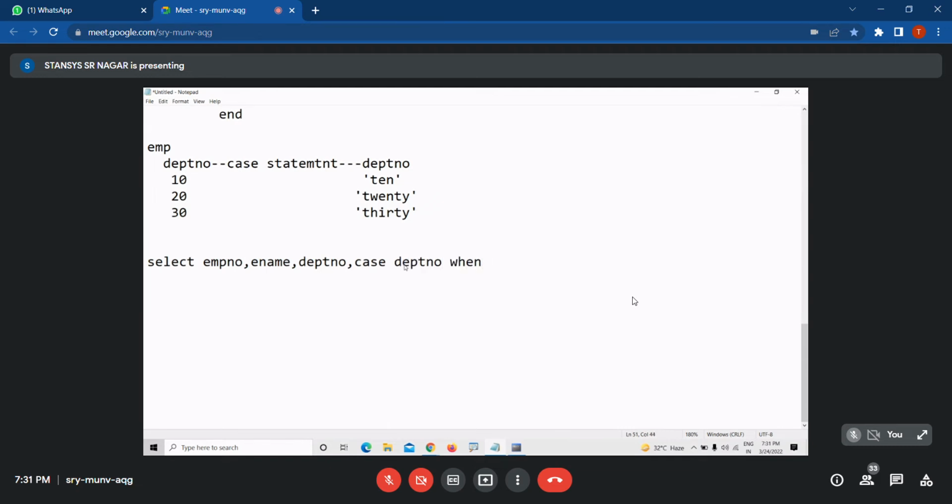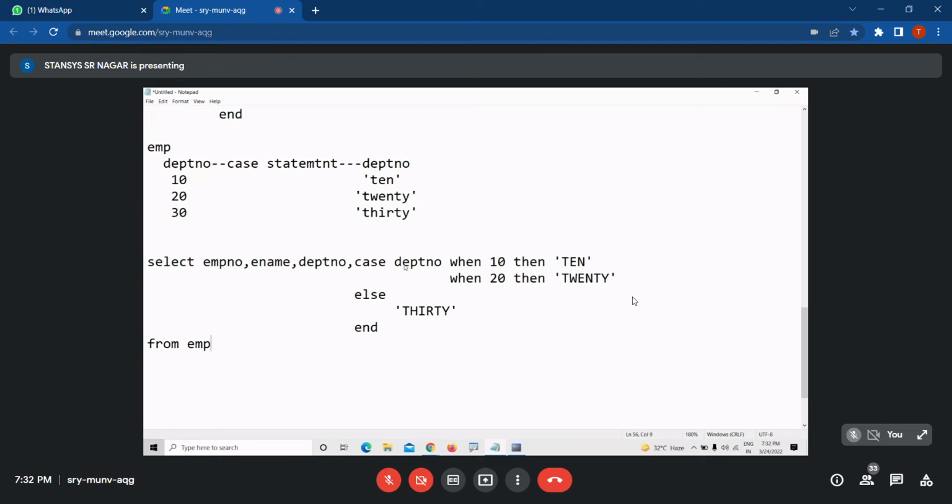When 10, then I need to print 10, and when 20, then print 20. Else, I can also use the else part now; it's okay, else is optional. Then I can use 30, because only three numbers are there: 10, 20, 30. And every case must end with the end keyword